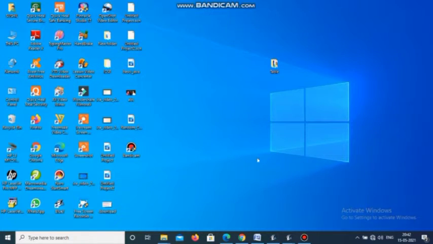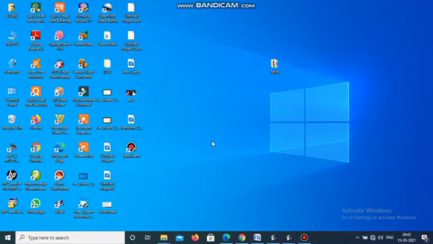This is a Windows 10 operating system. While you are using this operating system, there are two or three ways to open Microsoft Word. The most common way, students, is to press the Windows button and R together on your keyboard. Look here, your Run command will be on the screen.